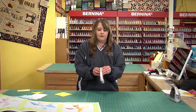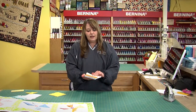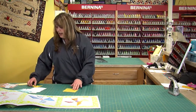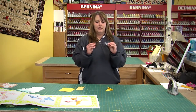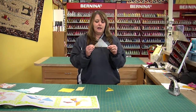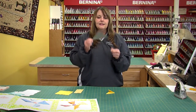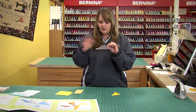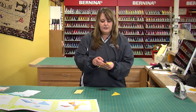Now for this I used a charm pack. Doesn't get any easier. Pre-cut fabrics, lots of different colors for you to choose from. And once again, like last time, I told you about this wonderful little ruler from Susan Cleveland. She's a native of the Rochester area here. And this is absolutely wonderful. Now I know it's just a piece of metal, but it has lines on it, and it has a center line which really helps us. So when we take our charm square, we're simply going to